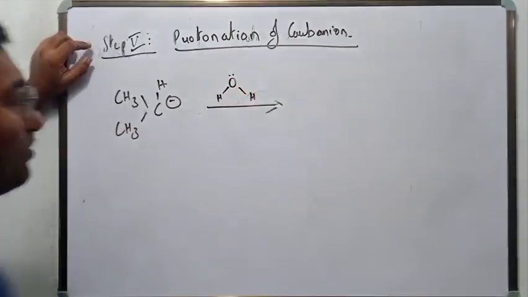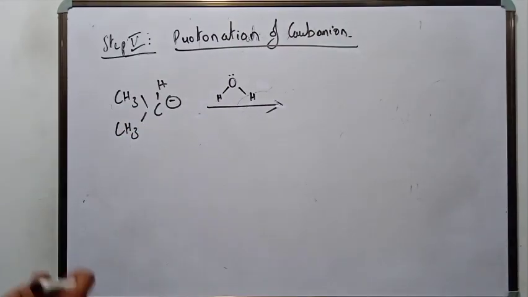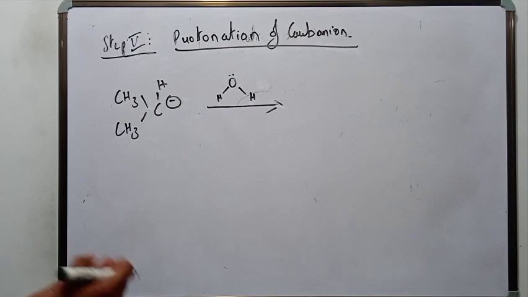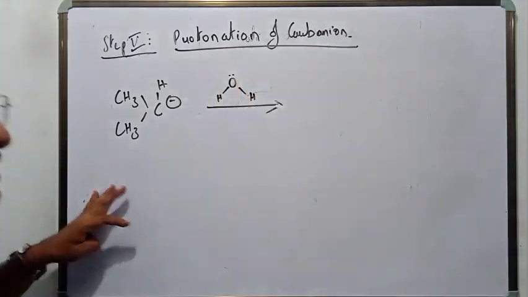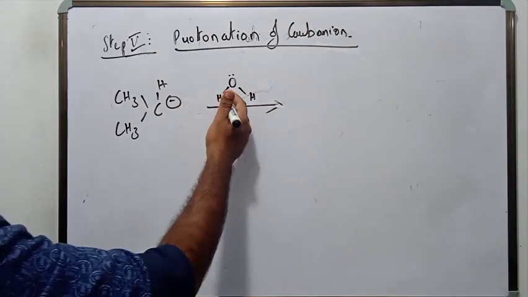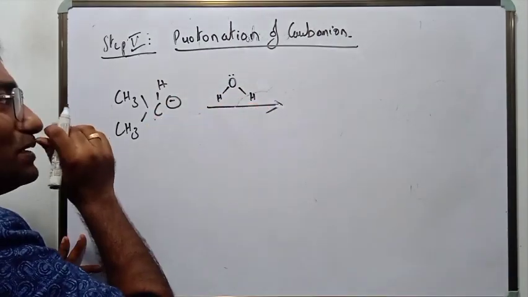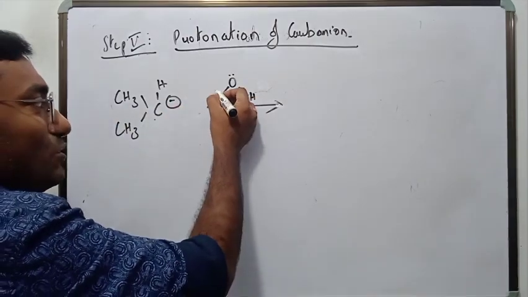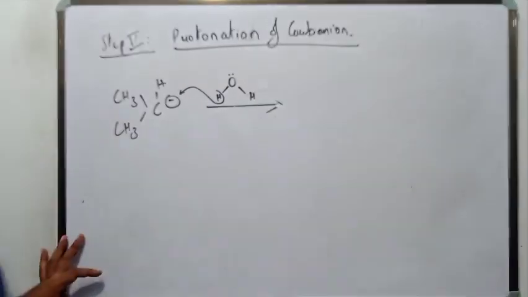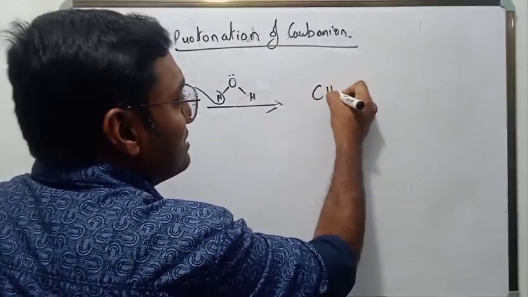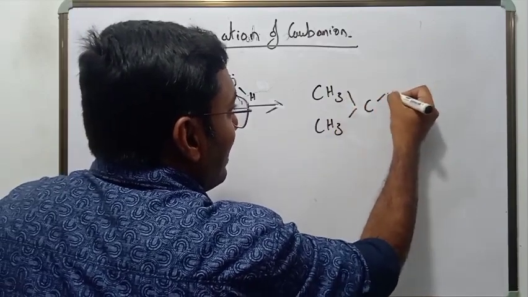Now this is a carbon anion. It acts as a very strong Lewis base. It wants to donate its pair of electrons, and in the presence of water it is amphiprotic in nature. As I have already said, it acts as a base in presence of an acid, and as an acid in presence of a strong base. So now it is acting as a Lowry-Bronsted acid. It would give H plus here, and the net result is an alkane,